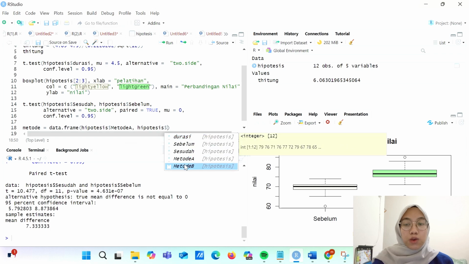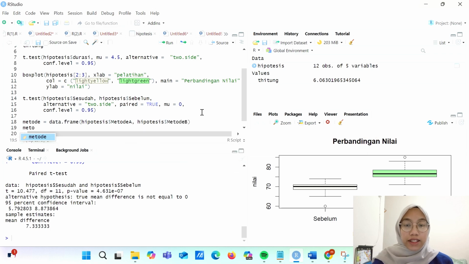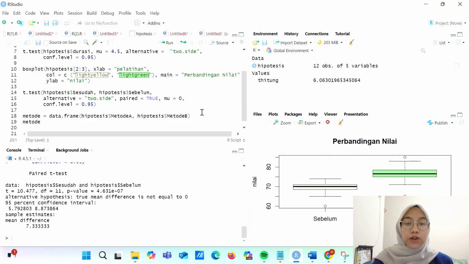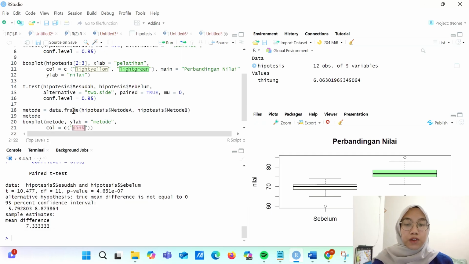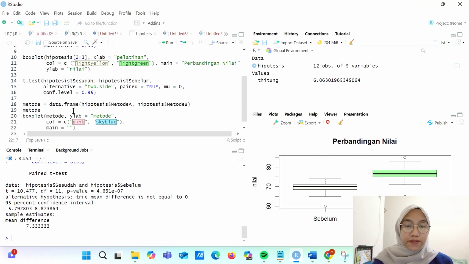Then we use the box plot again, just like before, with the data frame, ylab, and main. And we get a graph like this.